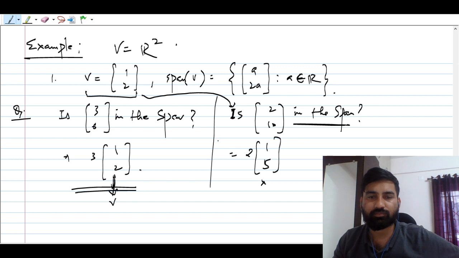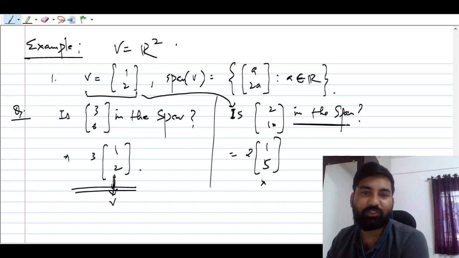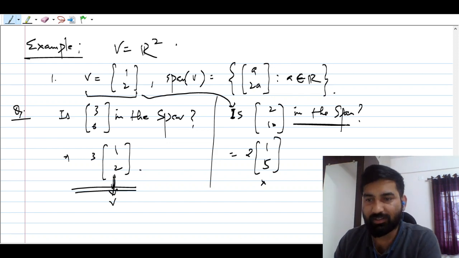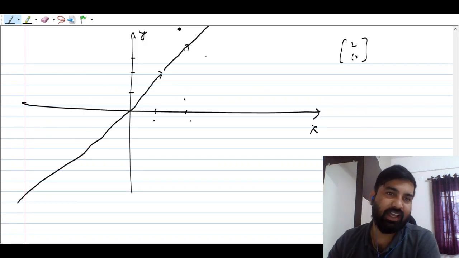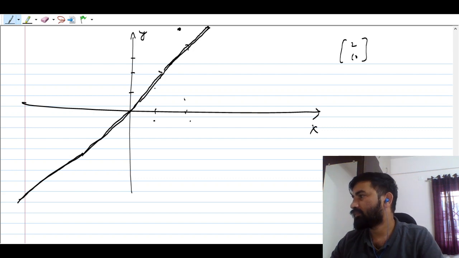ओके, अंडरस्टूड. तो बहुत ही इंपॉर्टेंट है, that you have to keep in mind, right? So this vector (1, 2) you are not getting back. Okay, so this line I'm talking about whether that vector lies on this line or not. So it does not lie. इस लाइन में नहीं लाई करता. ओके,